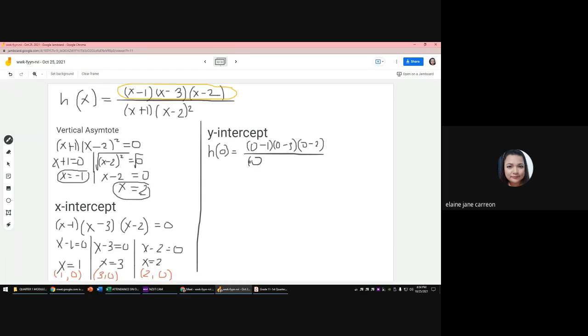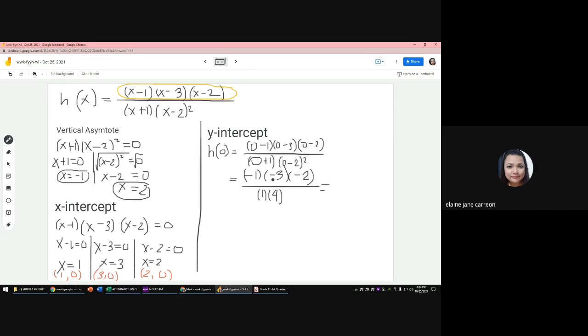Next, 0 plus 1, 0 minus 2 squared equals 0 minus 1 is negative 1 times 0 minus 3 is negative 3 times 0 minus 2 is negative 2 over 0 plus 1 is 1 times 0 minus 2 is negative 2 square is negative 2 times negative 2 is positive 4 equals